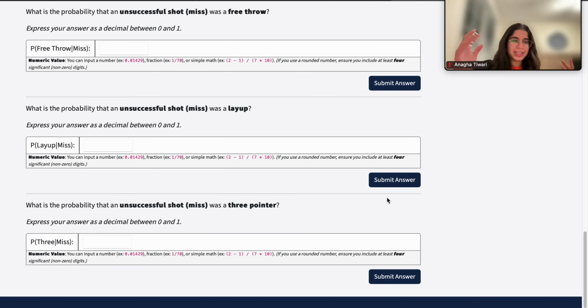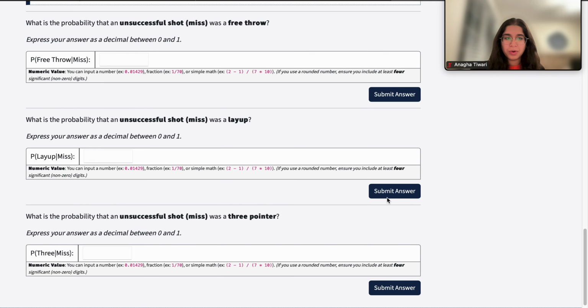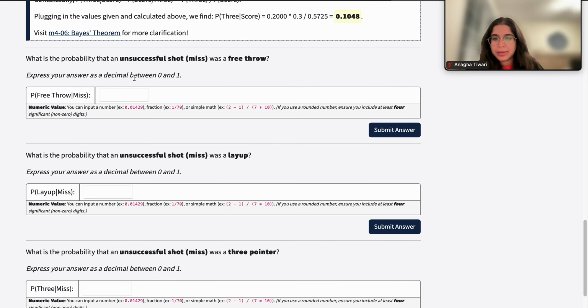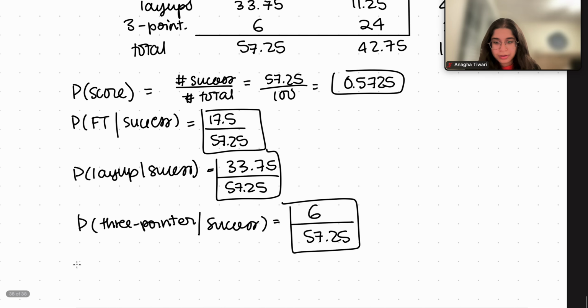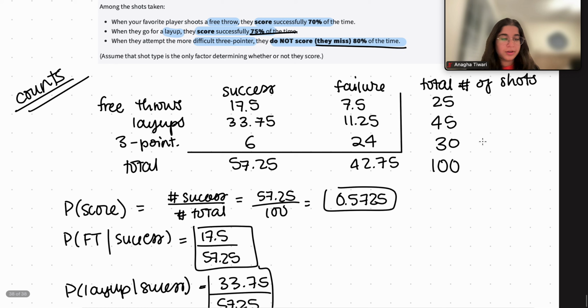Before we were dealing with successes, so now we're going to be dealing more with failures, right? So what is the probability that an unsuccessful shot was a free throw? So given that we had an unsuccessful shot, given the shot was a miss or a failure, what's the probability that that shot was a free throw? So that's why it's the probability of a free throw given a failure. So the probability of a free throw given a fail is going to be, out of 100 total shots, 42.75 were failures,